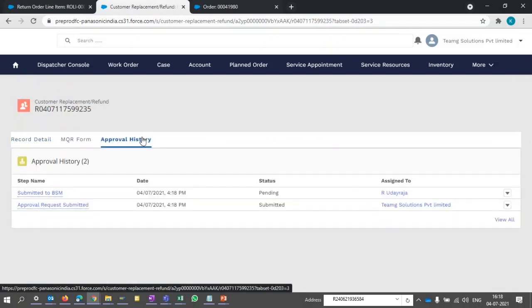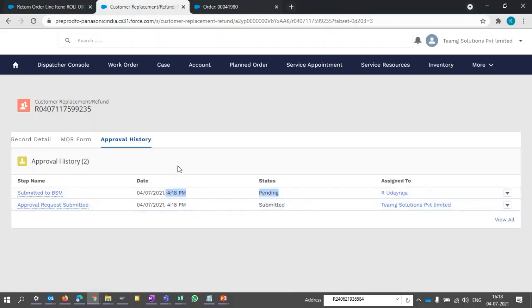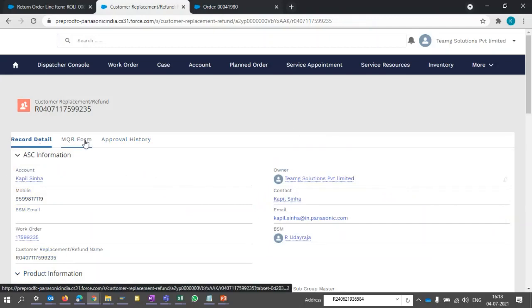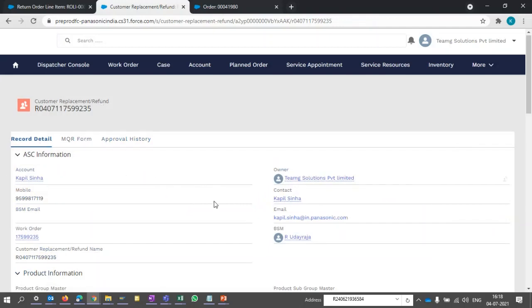AC has created the request and it has gone to BSM for further approval. After BSM's approval, it will go to the next level as per the approval hierarchy configured in the system. Post approval, the system will generate the issue and return order number for this customer replacement request.